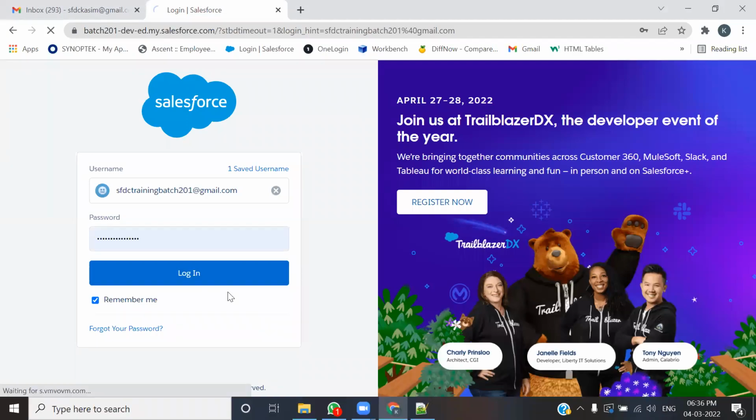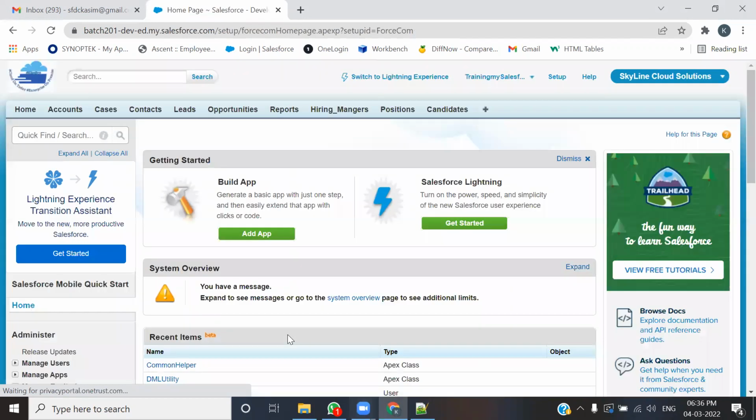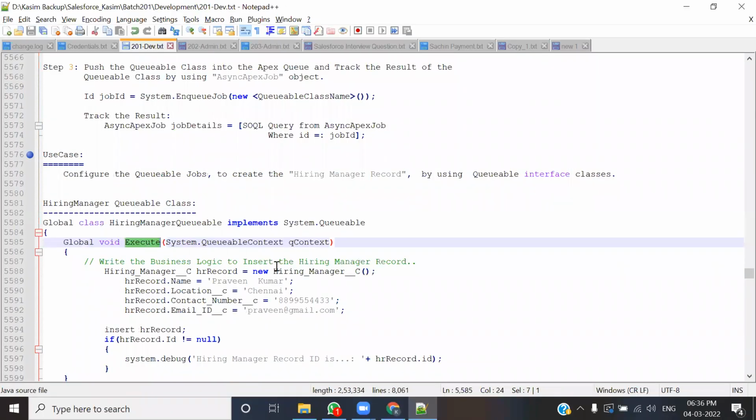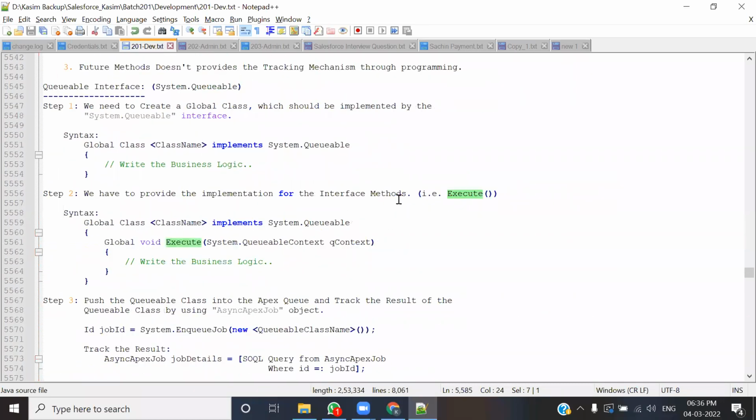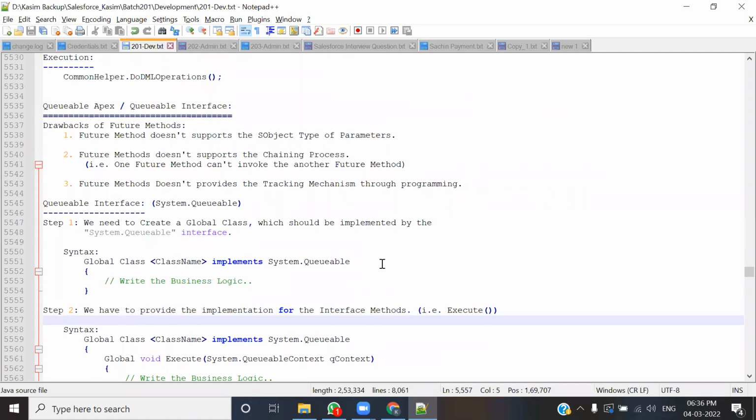Yes. So today we are going to start with the concepts of queueable Apex, right? Yesterday we saw one concept: apart from the mixed DML operation, what is the use